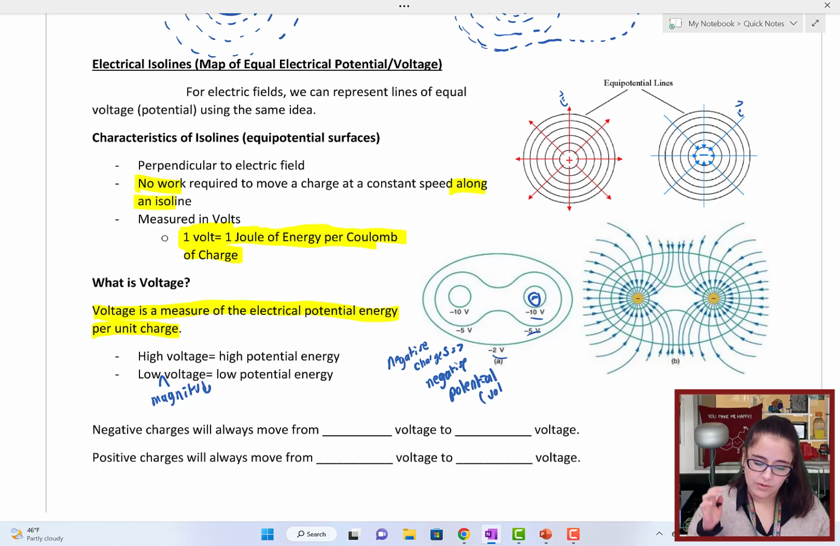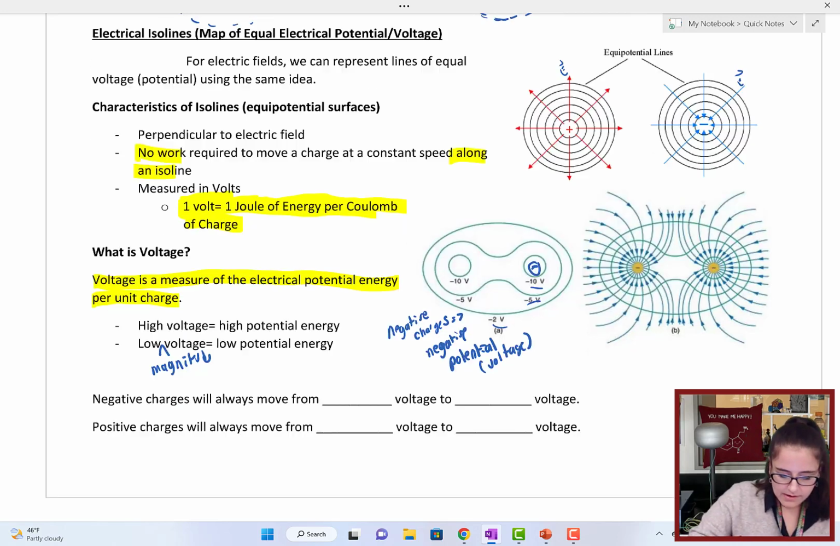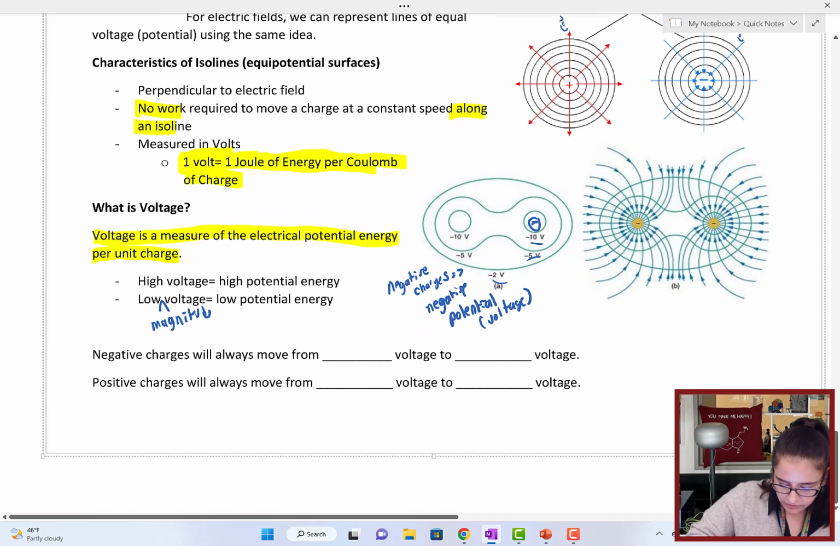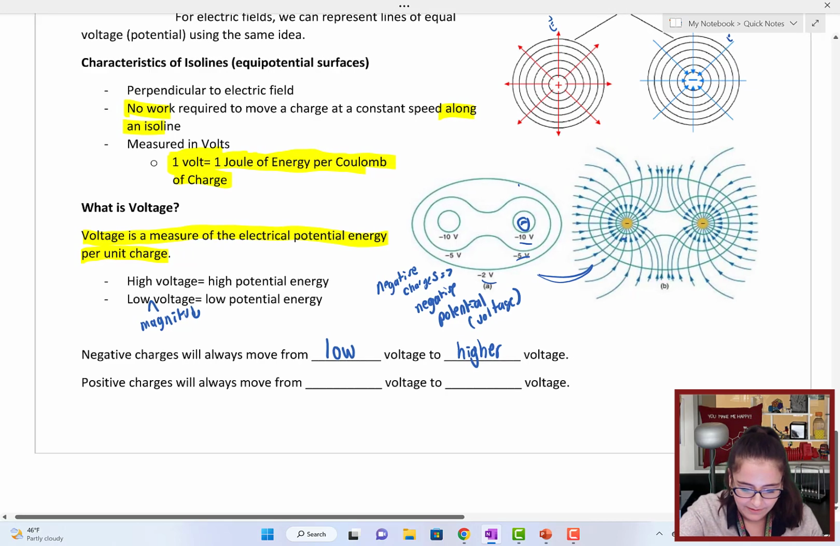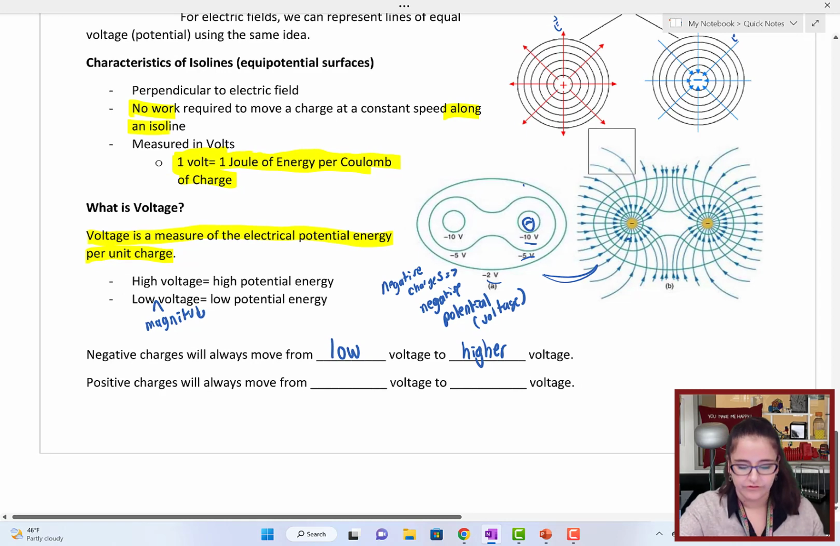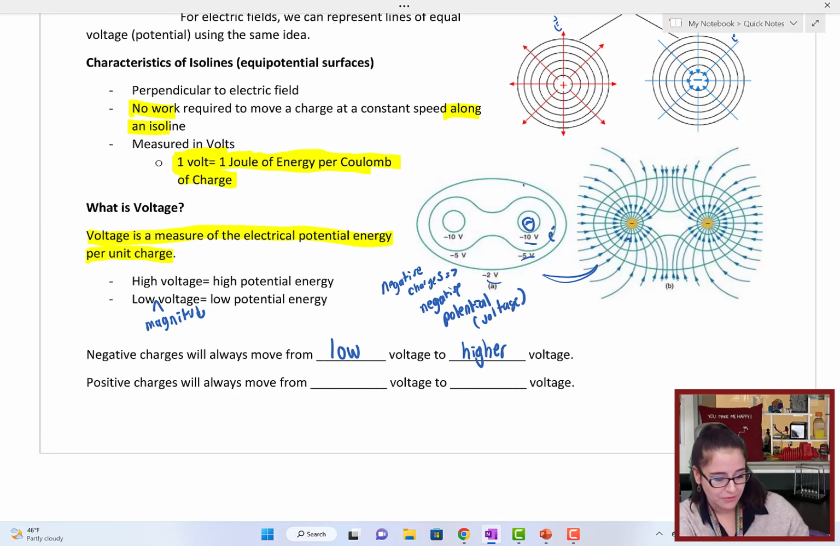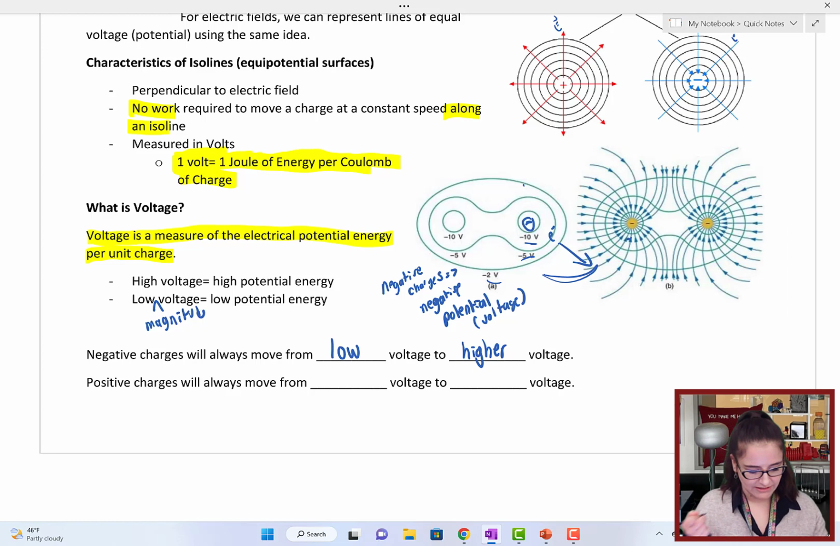Okay. Now, negative charges go uphill. So they will move from lower voltage to higher voltage. Okay. If we had a negative charge in this field, okay, these are showing you the isolines, electric field lines, isolines. If we had a negative charge there, it would be repelled by this negative charge and flow out, flowing towards zero, toward a higher voltage, while positive charges move from high to low,